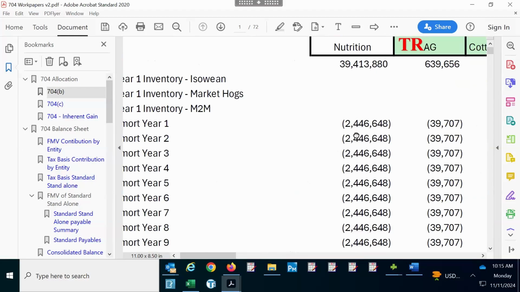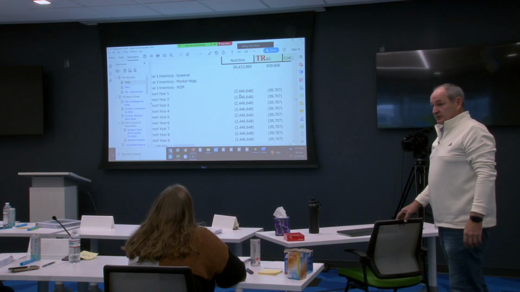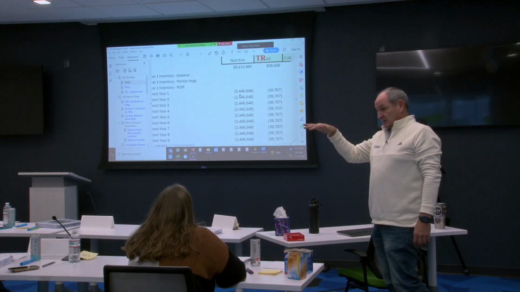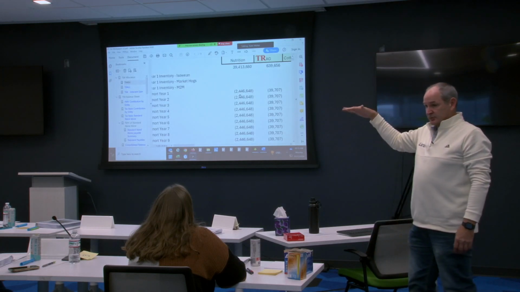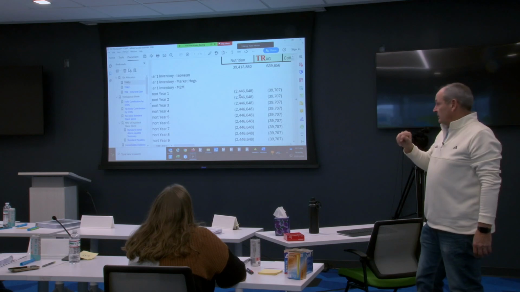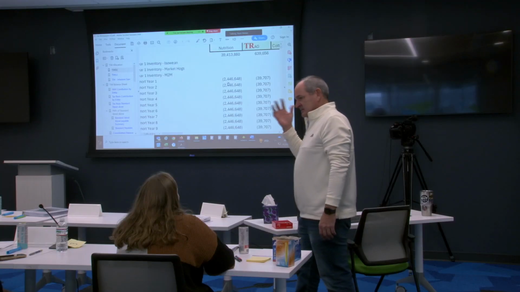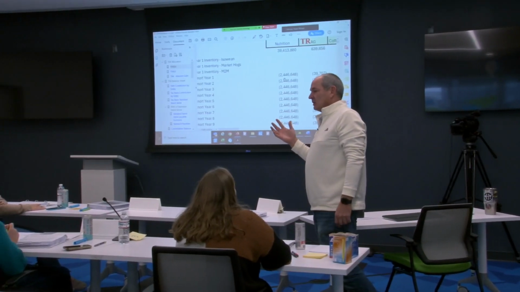Okay, so this required allocation can result in this phantom income, both from the sale of, in this case, it was sale of hogs. That's what the 13 million represented. Then you have this, well, for fair value, and I want to introduce this concept for just a second because we're going to have to hammer on it, and it's so foreign and so it just doesn't stick, or it doesn't for me, not very well.